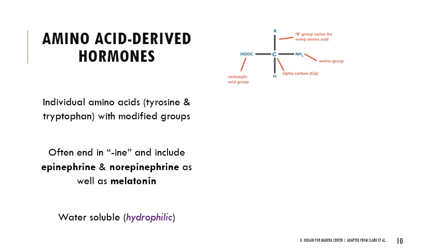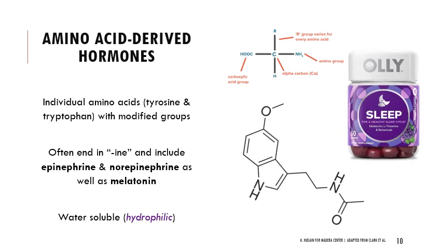And when we modify these individual amino acids, we get amino acid-derived hormones. So these are things like melatonin, which is pictured here, as well as epinephrine and norepinephrine. These are water soluble, which means they can easily travel around in our circulatory system, in our interstitial fluid, and they can move around in our cytosol, but they might have some issues getting across the plasma membrane, which we'll